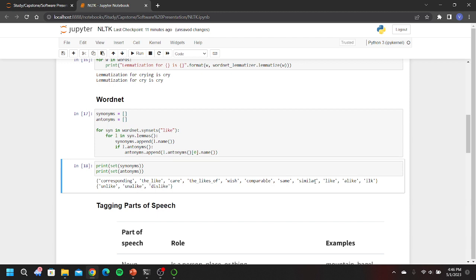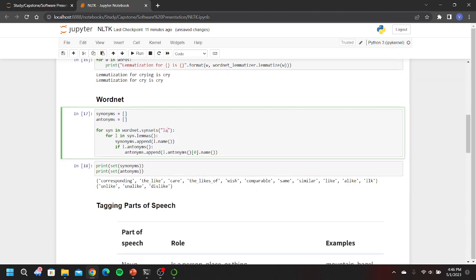So what happens is there is a measurement inside which measures the likeness between two words, and if the likeness between two words is greater, then it gives back those words. Also the antonyms, you can see that this one is actually better. Antonym for like is unlike. You can also try something else like